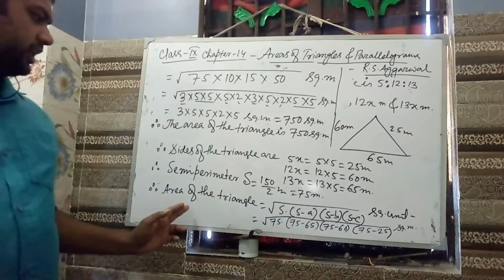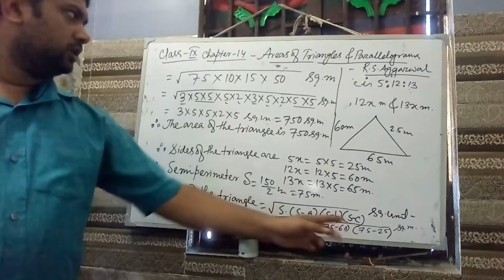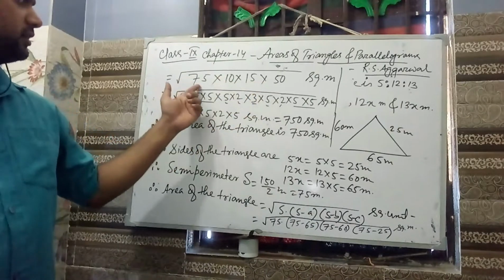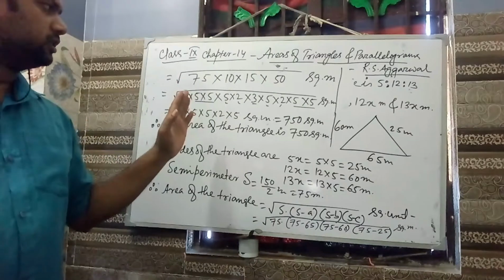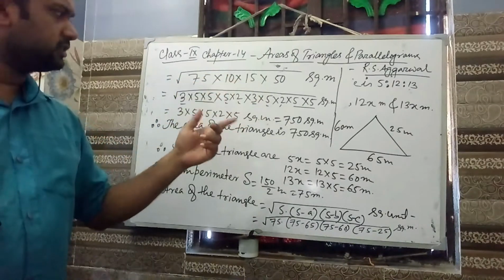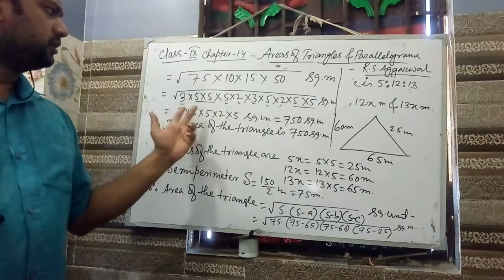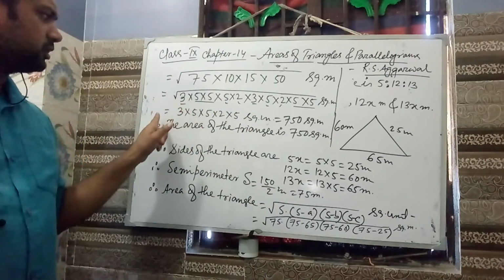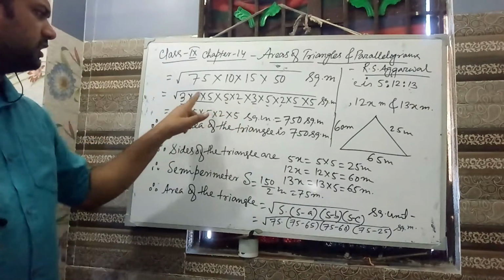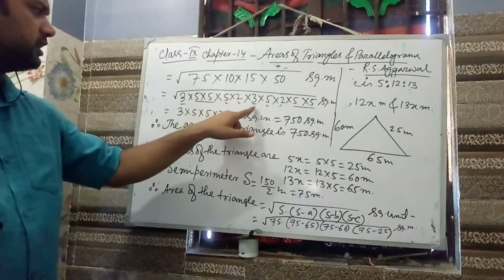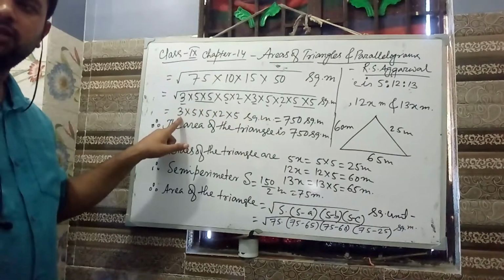So area of the triangle, we use Heron's formula. We put the values, we calculate it, we have factorized each term separately. Do not multiply them. Once again I am telling you, do not multiply and then factorize. Factorize each term separately. Then take one number out of the square root sign for getting a pair, appearing twice in the square root sign. Here we had two 3's. That's why one 3 has come out of the square root sign.